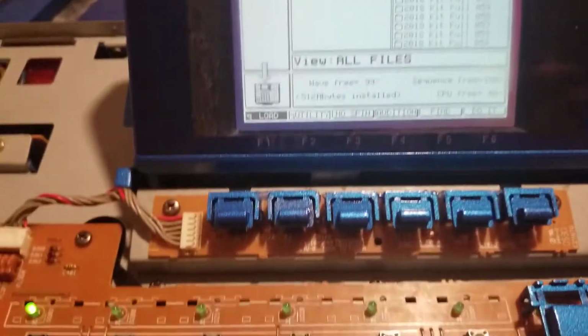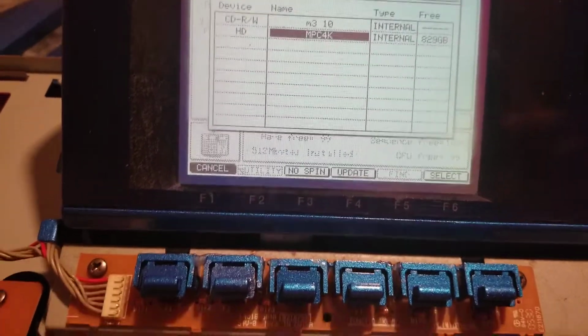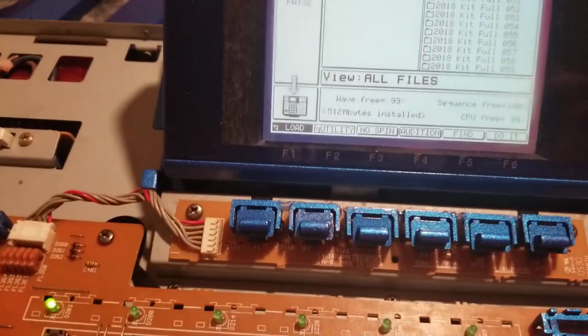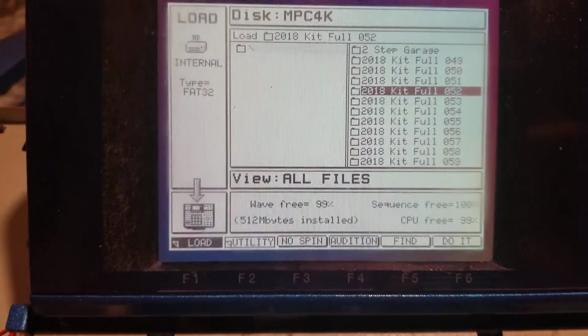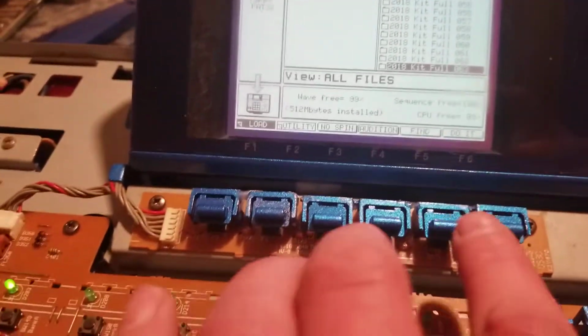But like, for example, the stuff that I've added on here, you can just see. Those are like the 2-step garage kits. Now, oh crap, let me see. Bam. Sorry, hold up. There we go. Okay, now these are all full kits. These are like trap kits and stuff. Now these are like full kits. Like if you open these things,